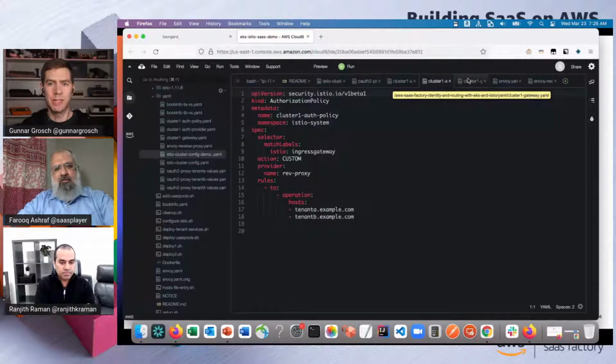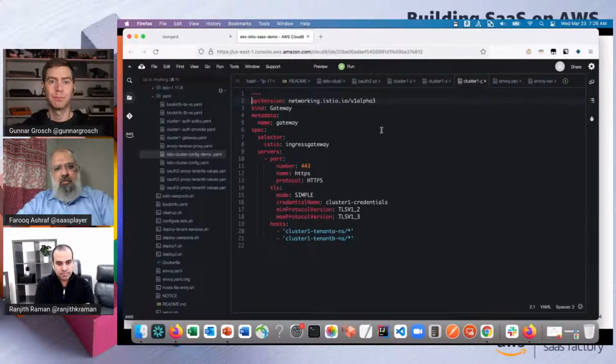All right, so what's next then, Farooq? Yeah. So moving on from the authorization policy, there is another configuration that we need to make on the Istio Ingress Gateway, which essentially defines some of the basic characteristics of the gateway. So we're defining the TLS versions. We're defining where the credentials are, so the certificates for the server, and also we're defining which hosts are allowed to be associated with this Ingress Gateway. So host meaning backend microservices that are running on various pods.